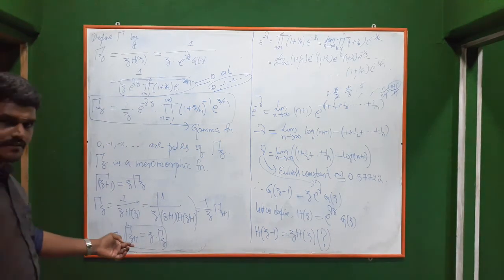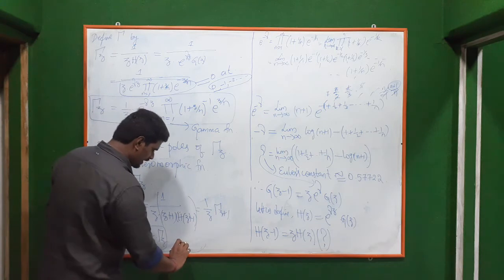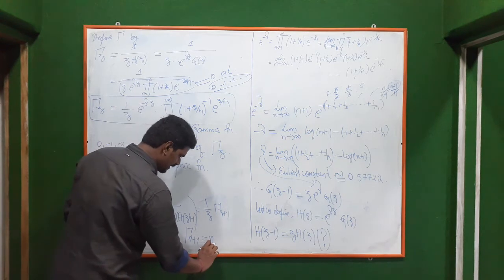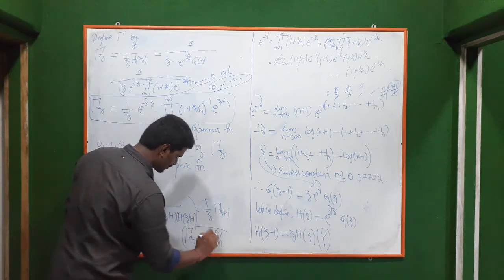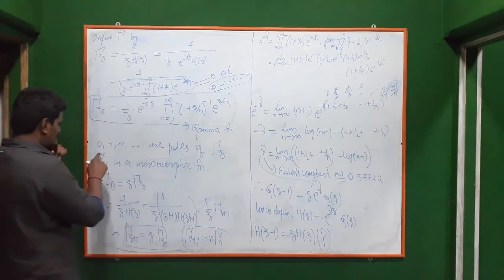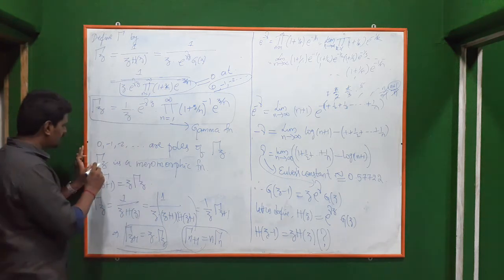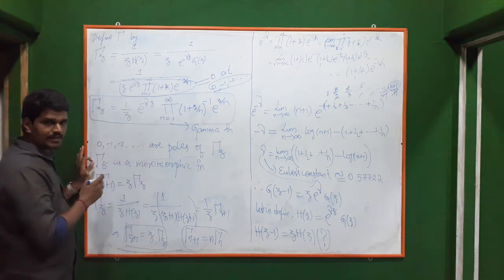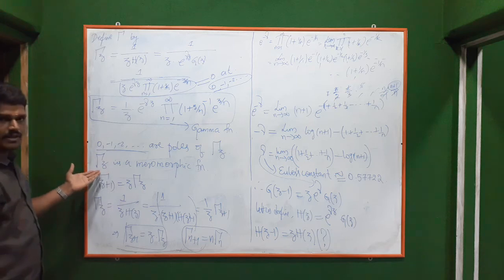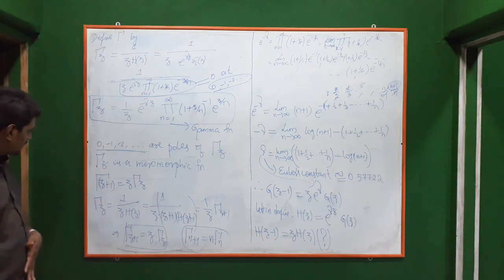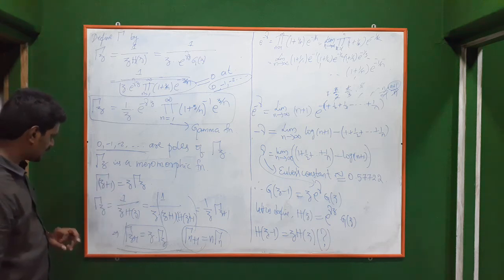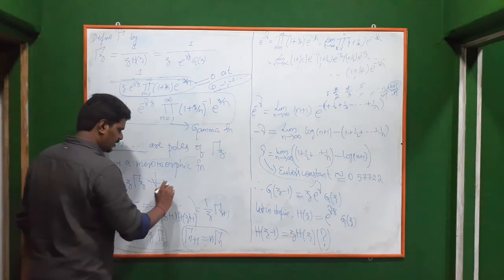Where are we using this property? In the case of real numbers, we will get gamma of n plus 1 is n into gamma of n. Similar to this. This also we have to prove. We will prove this. And see here, in that gamma function also we know that this is not defined in all the negative integers. Similarly here also, it is not defined in the negative integers. There we are getting singularities. These are all singular points for gamma z. And one property is gamma of z plus 1 is equal to z into gamma of z. So this is for any z belonging to the complex numbers.